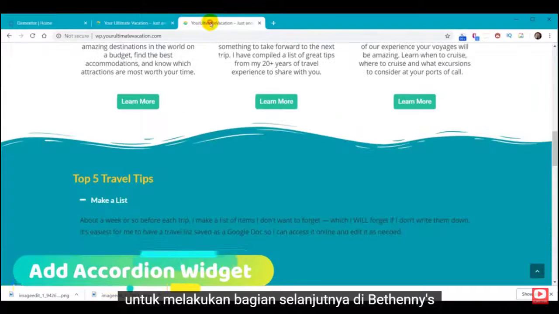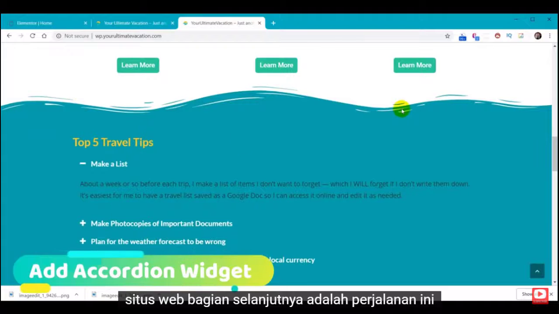Now we're ready to do the next section. On Bethany's website, the next section is this travel tip section, basically frequently